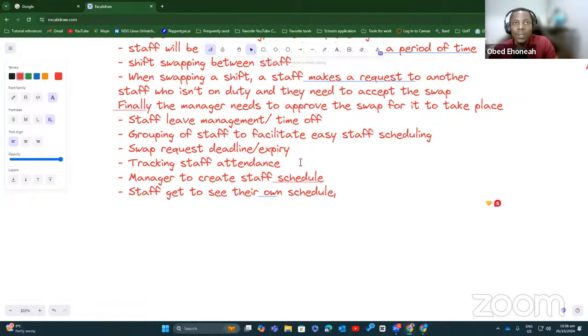So I want to see in what state you are around the time that I want you to swap with me. If you are on leave, will you be able to come? Yes, but if you have duty around that same time, then it doesn't make sense for me to swap with you. So staff get to see their own schedule as well as the schedule of others. Right.